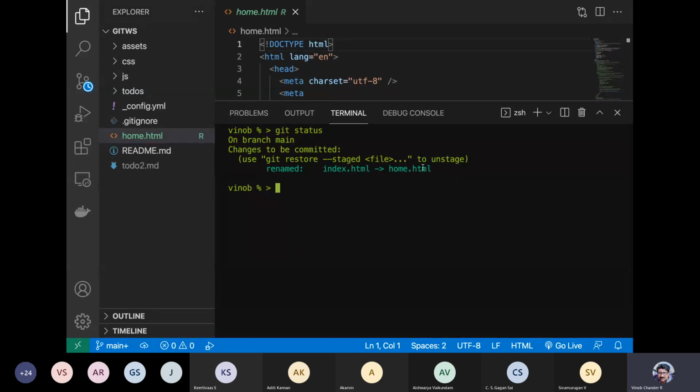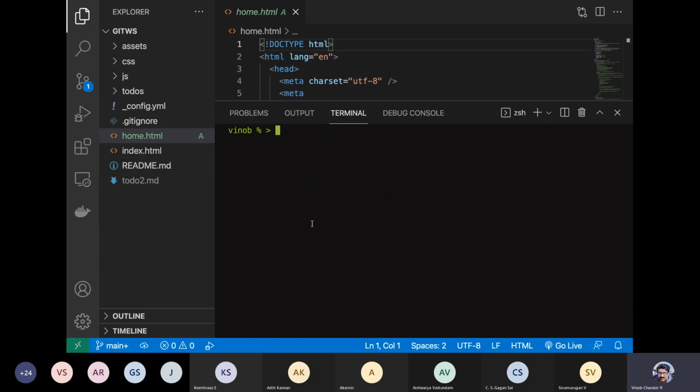Okay, it says renamed index.html to home.html. You can commit it as well. Now I don't want to actually commit it, so I just want to have it as index.html. So let me just do a restore. Git restore index.html.